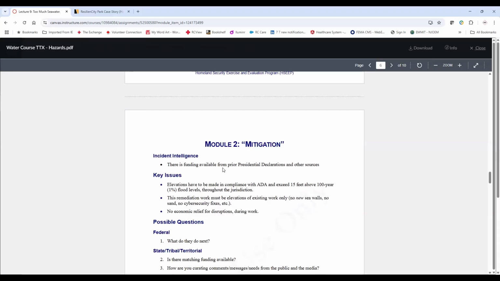So next up is mitigation, and it's funny, this serendipity of writing this from before. Things have just recently happened this last week. My point in this part of the module was similar to what Michael's doing. They're using funding for projects from prior presidential declarations.